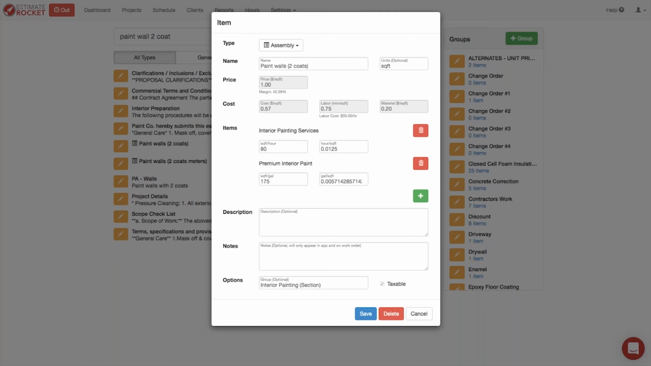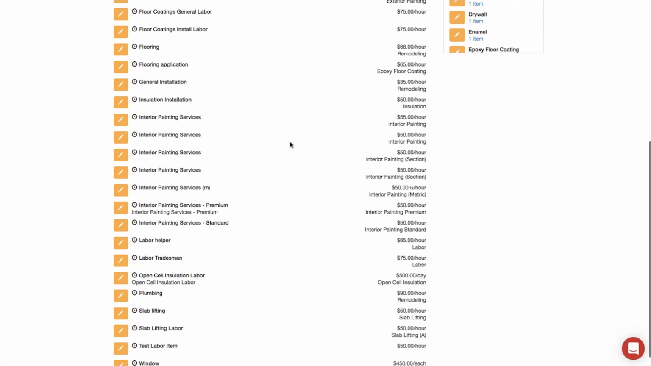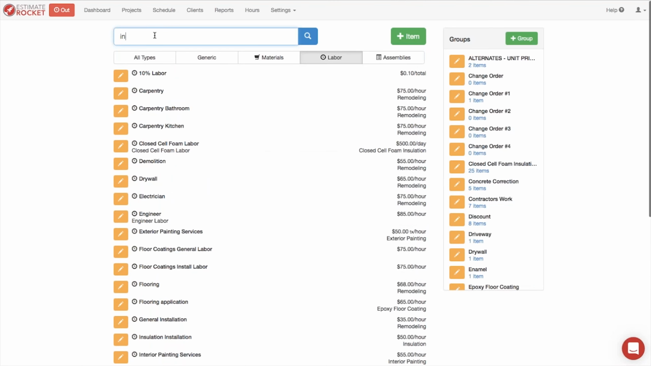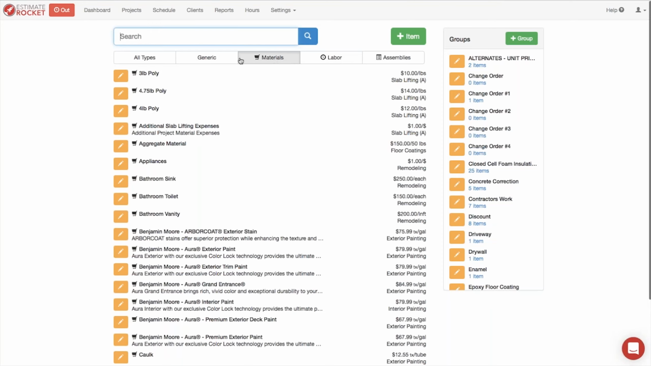So I mentioned that this is made up of 2 pieces. It's made up of labor, which was the interior painting services, and it's also made up of a material. So here we've got our labor, and if we go to interior premium paint, great if I could spell better. And if I check the materials box, I had labor selected, so it was only showing me labor items. If I select materials,